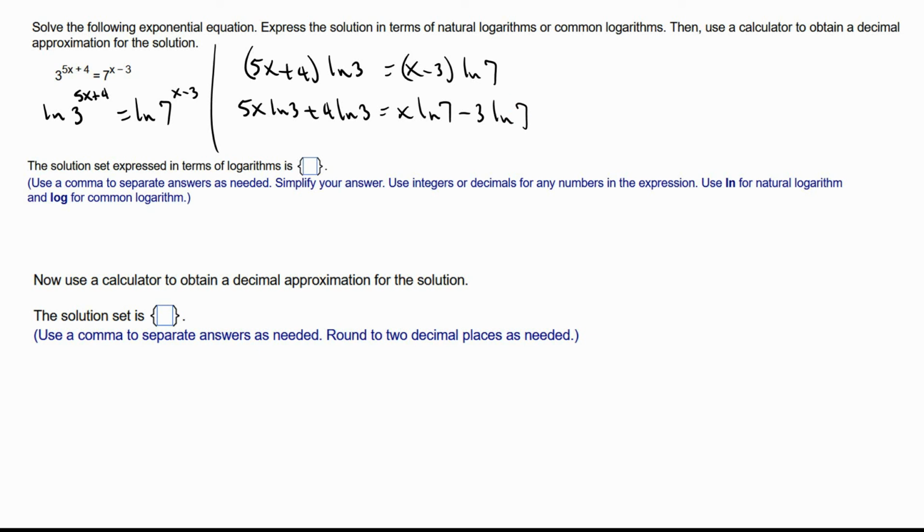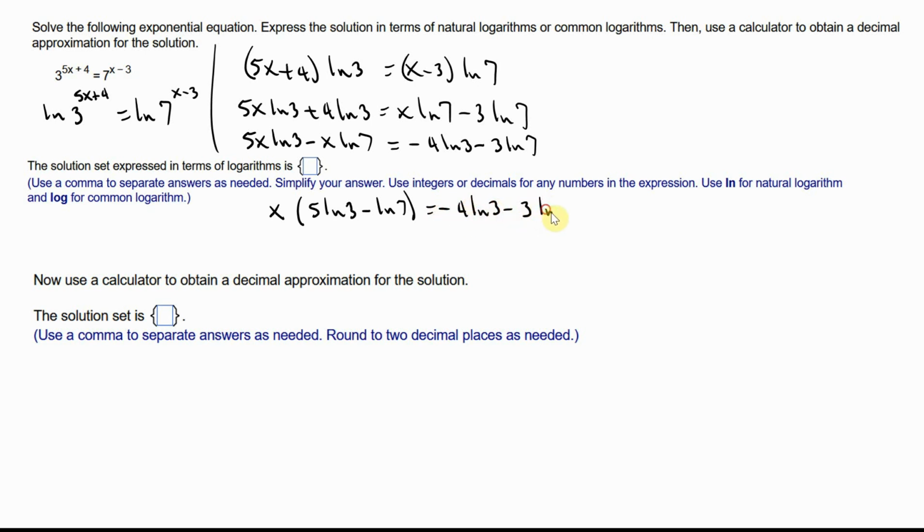Now we get the x terms on the left side, and the terms with no x's on the right side. So this is 5x natural log of 3, minus x natural log of 7, is equal to minus 4 natural log of 3, minus 3 times the natural log of 7. Factor out the x on the left side, so this is x times parentheses, 5 natural log of 3 minus the natural log of 7, is equal to negative 4 natural log of 3 minus 3 times the natural log of 7. So divide both sides by this term that's multiplied to this x,